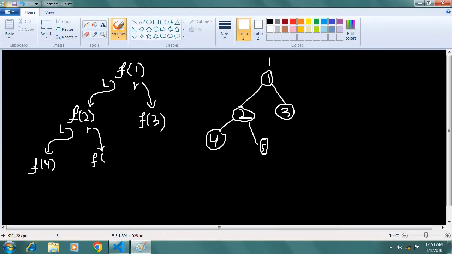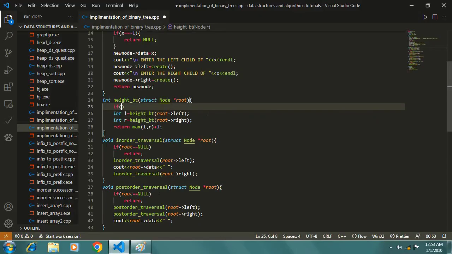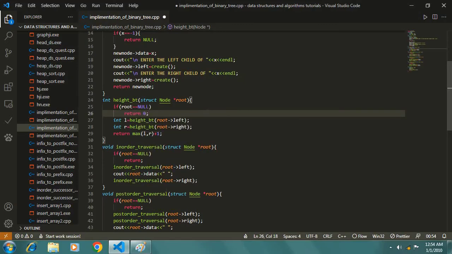Now carefully see. Is there anything present in this? No, there is nothing present. There is a null. Whenever there is a null, is there any height of a null binary tree? No, of course not. So I will simply return 0. Here 0 will be stored, and in the right there is also nothing present, so 0 will be stored here as well. So there is a base condition here: if root is equal to null, I will simply return 0.